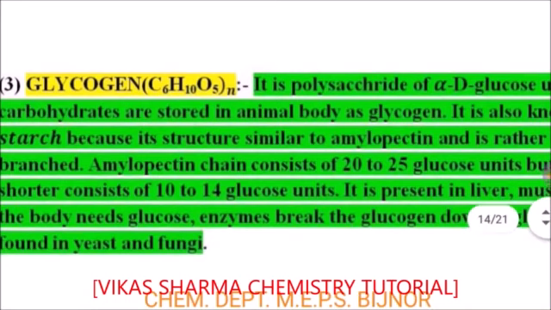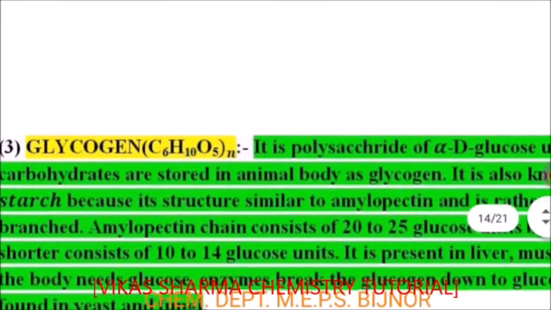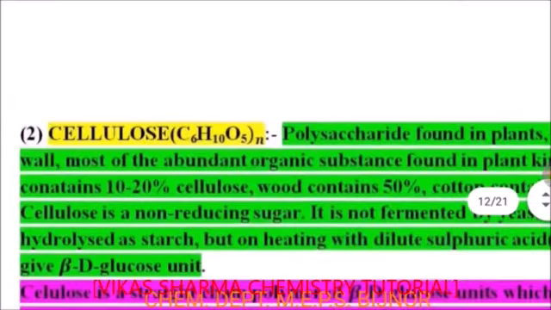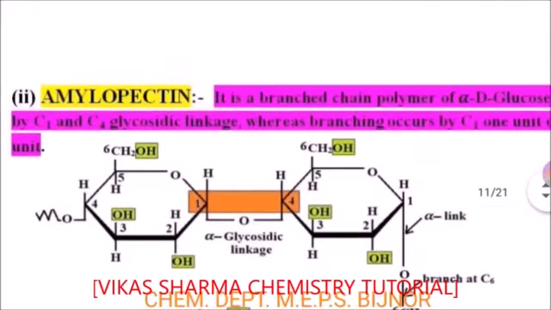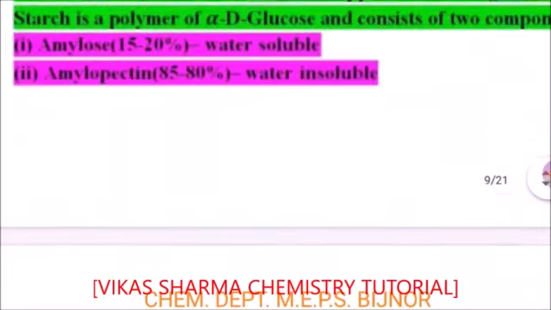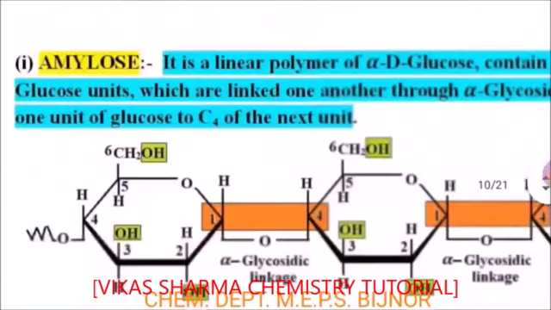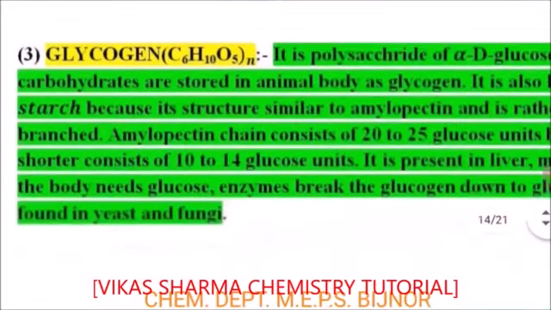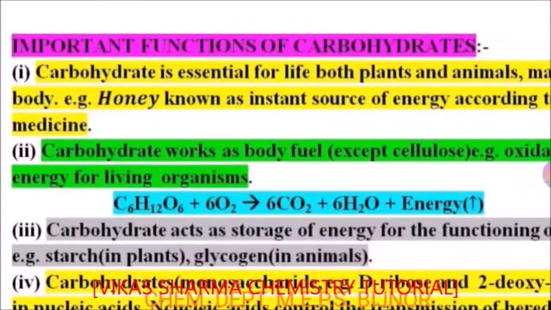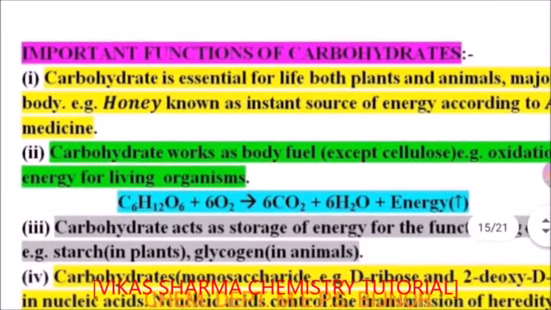So students, these are the three polysaccharides you can study: starch, glycogen and cellulose. Amylopectin and amylose are the hydrolysis units of starch. These are the three polysaccharides in your syllabus. Mainly in the exam, the structure formation is not asked, only how these types of units are joined to form the glycosidic linkage, and questions are related to this.